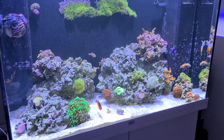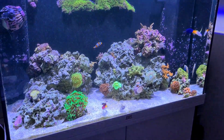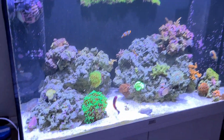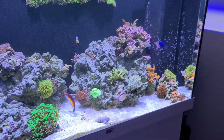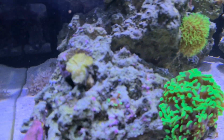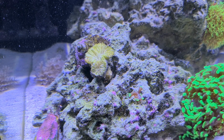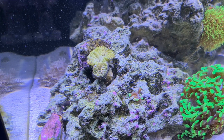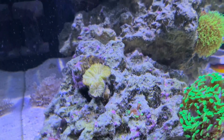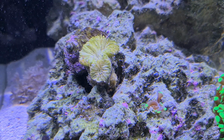Now I need to move on to the main bit of the video, which is continuing from last week's update, which was on the torch coral. And can you guys spot it? I can. Ready? I think it's that dead thing right there. That's what's left of the torch. There's no flesh, nothing living on it. It's just the skeleton, completely dead,